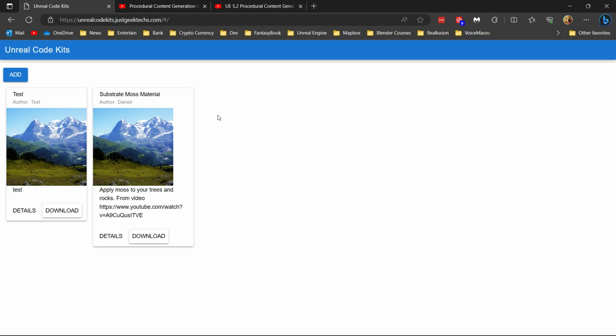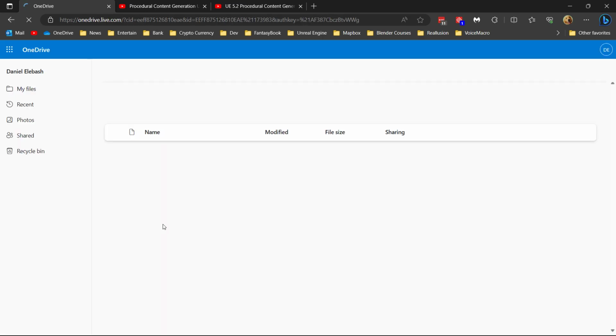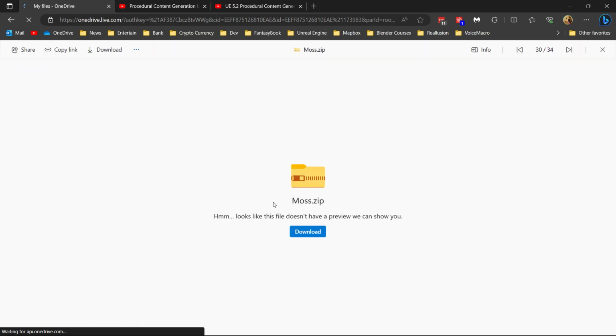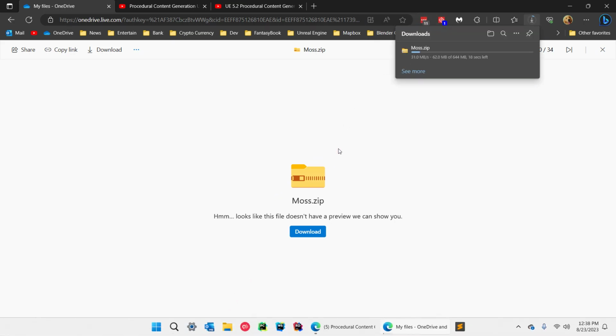Like this substrate moss material. I watched this video here on how to create this substrate moss material. I created it, I then zipped it up into a package, and now you can just download that zip. So what do I mean by the completed code kit? Let's take a look at this real quick. So we download it